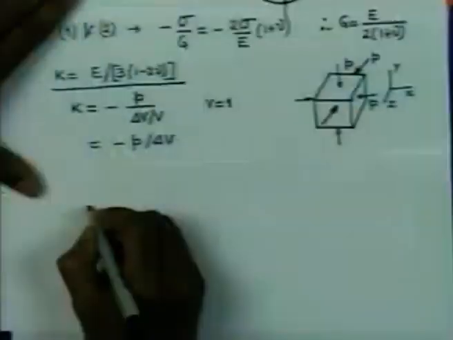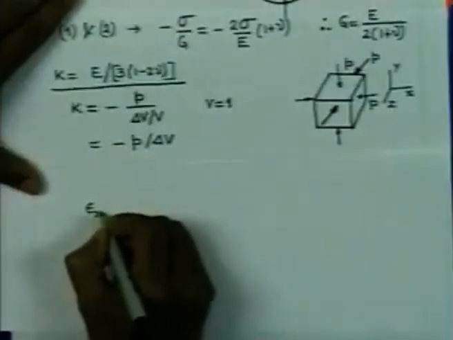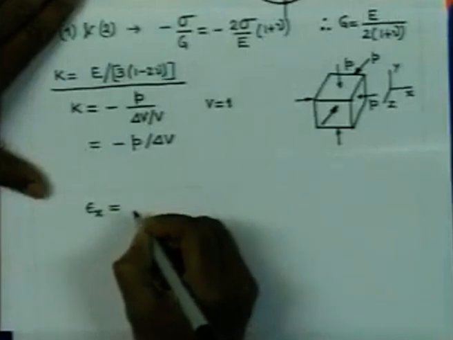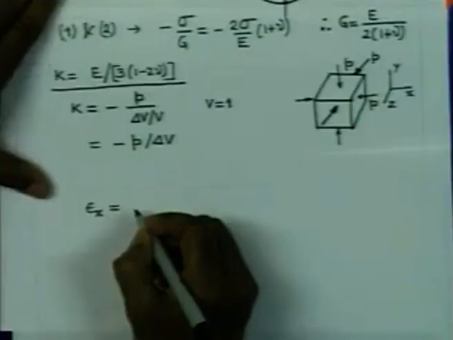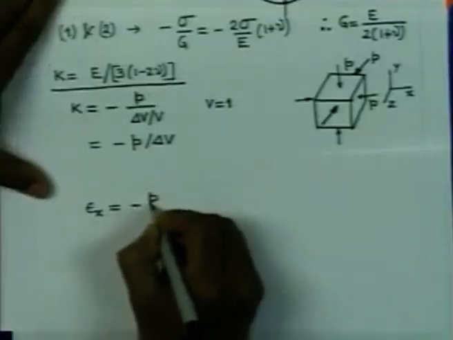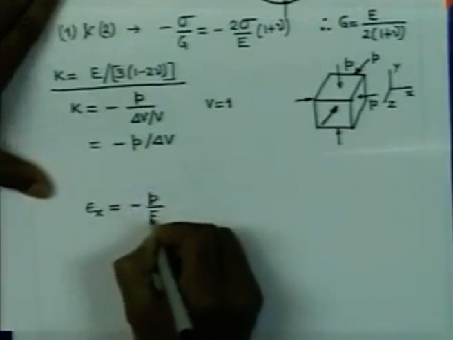Now, if we consider the strain in the x direction, epsilon x, it is going to be sigma x by E minus nu times sigma y by E minus nu times sigma z by E. So, in this case sigma x is P. Therefore, it is P by E